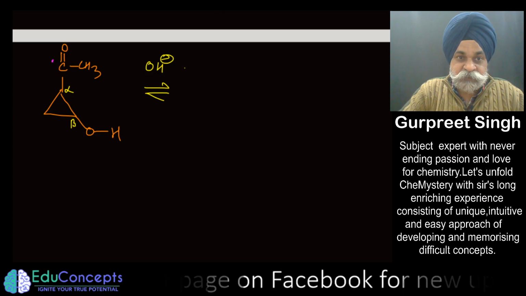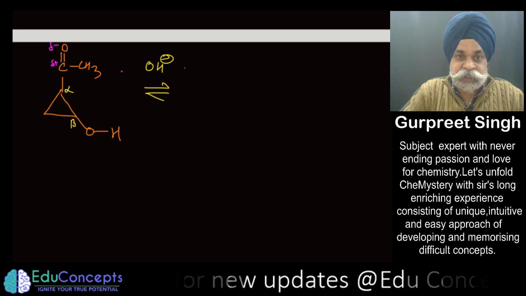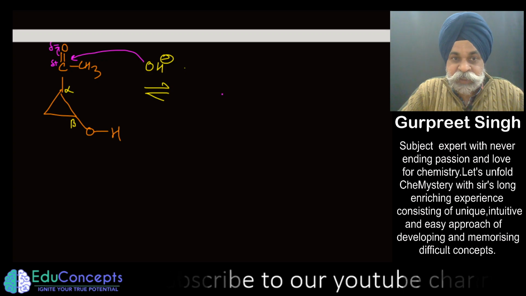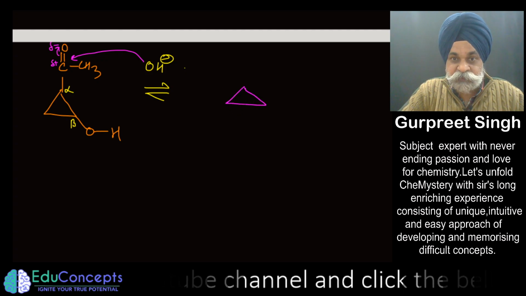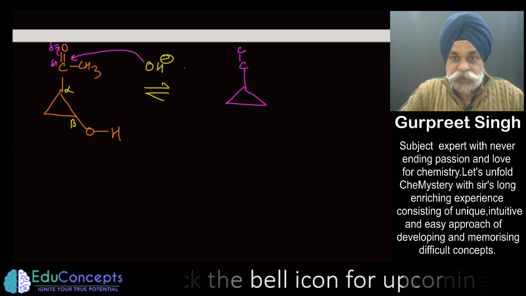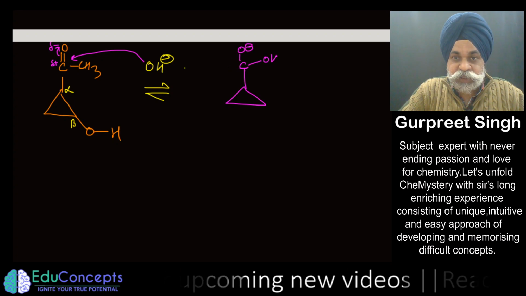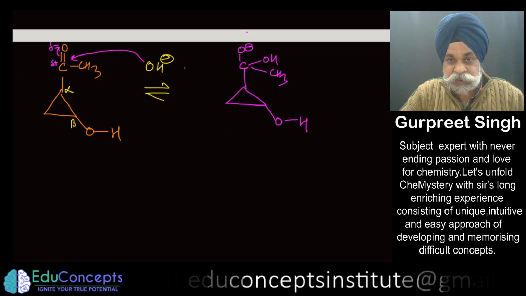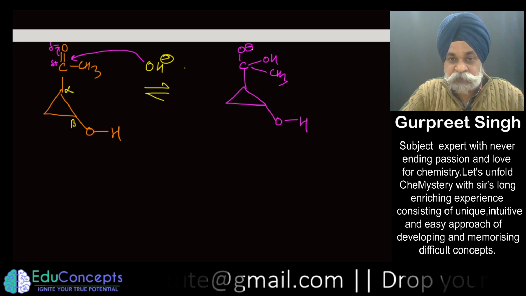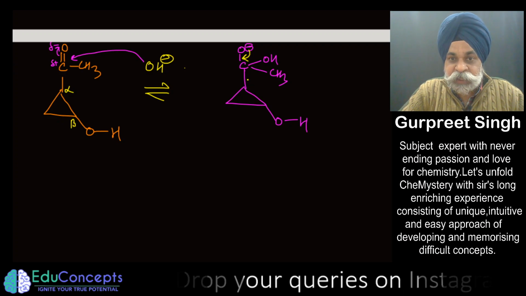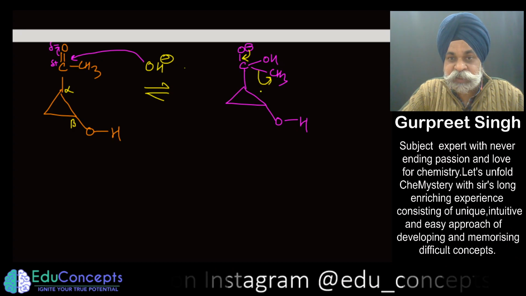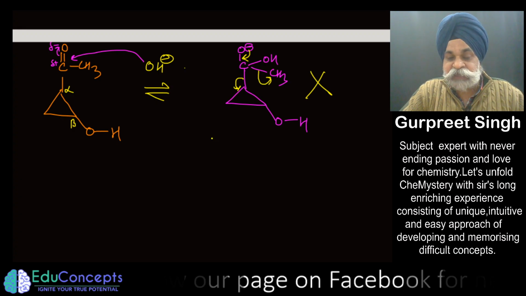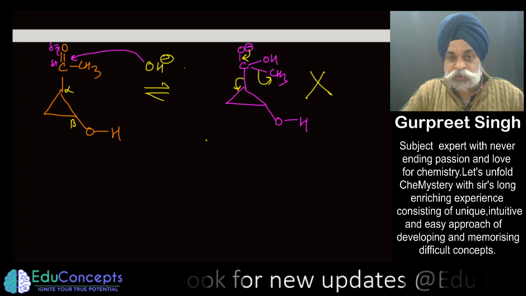A child can think that this is delta positive, this is delta negative, and OH negative can attack here. One way of thinking is this. If you go this way, what you end up getting here is CO negative, and here you get OH along with CH3, and here you have OH. Thereafter you would think this can come back, and either CH3 negative would go out or this would go out. This is not possible. Why? Because CH3 negative or any carbanion cannot be thrown out with OH negative.